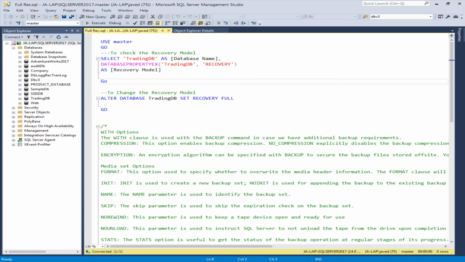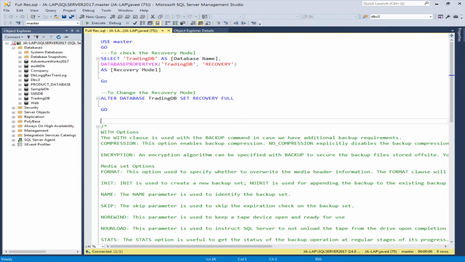This is the SQL Server Management Studio, and we are in the query analyzer. We want to set the recovery model for our example database, trading DB. There are different ways to set the recovery model. The first is to use a query.